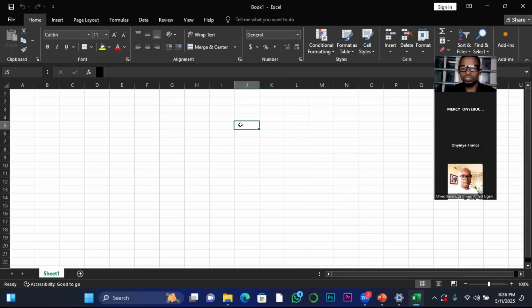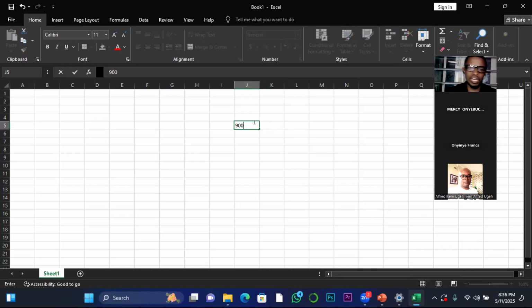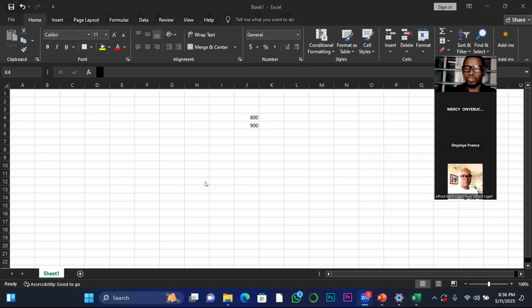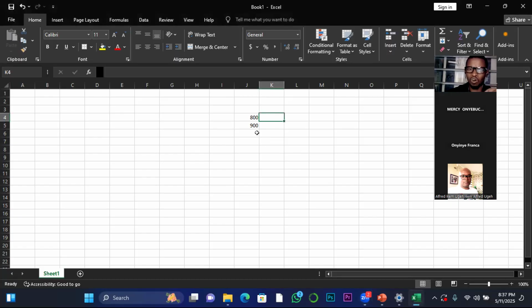For example, you can have a value like 900 here, and then you can have another value like 800 here. Now, until you understand the concept of argument, it will be difficult for you to know how to write a formula to sum up these two values. So with that understanding of the argument, if I am asked to output the result, let's say here or here,